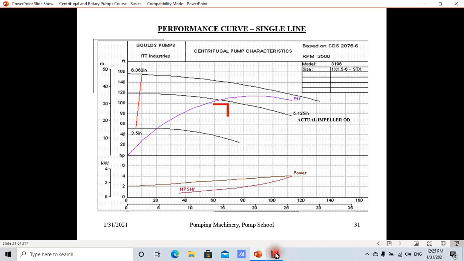So that's the performance curve. 6 inches, 6 and 1/16 of an inch actually. It's a maximum impeller diameter curve, and a 3.5 inch minimum impeller diameter curve. So if the impeller is trimmed, if the impeller is put on the lathe and machined down from 6 inches to 3.5,